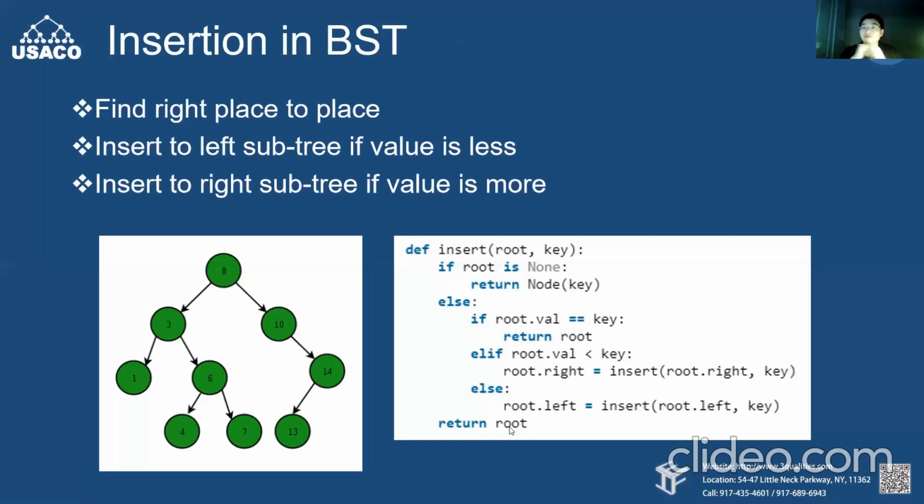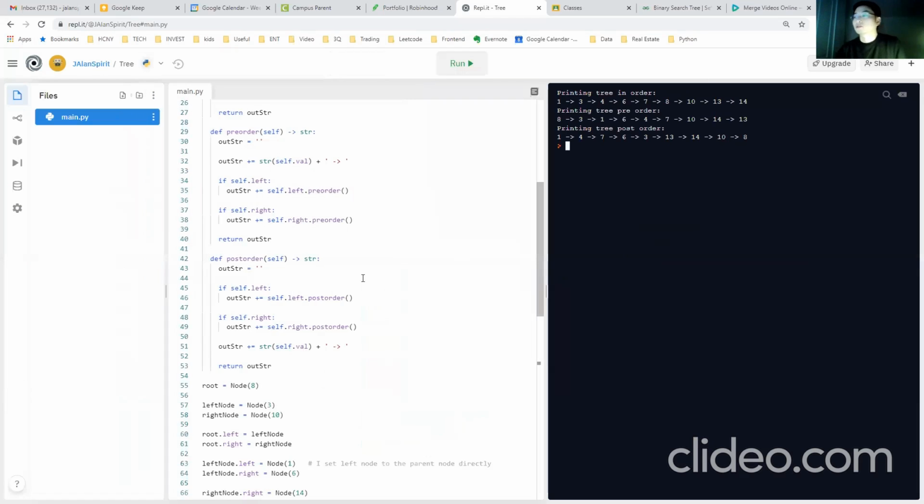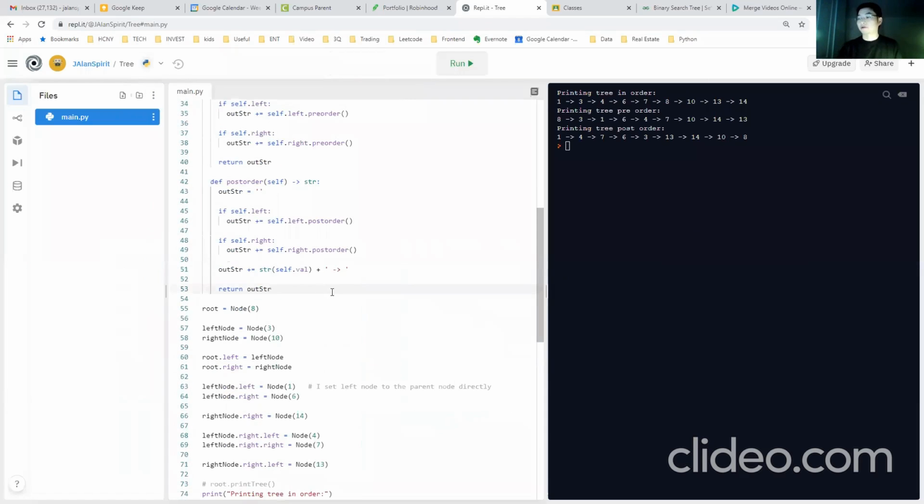Okay? So then you may ask me, still confused, how it is inserted. Let me write the code and let's test it one by one, okay? So first of all, let's write the code. Okay, I have the tree. So I'm gonna have the